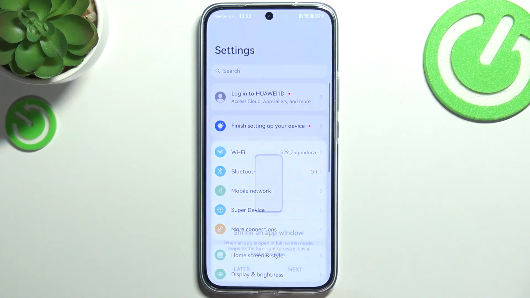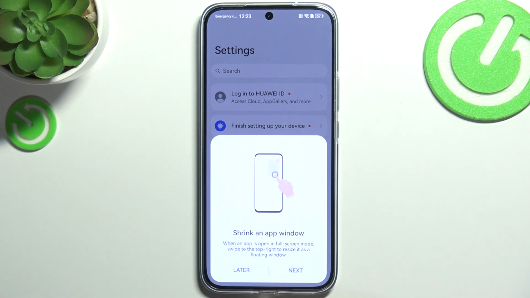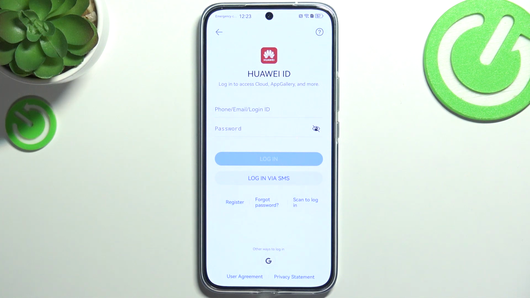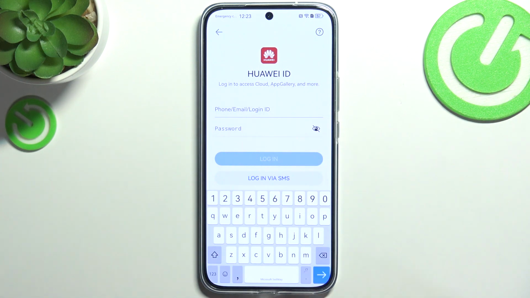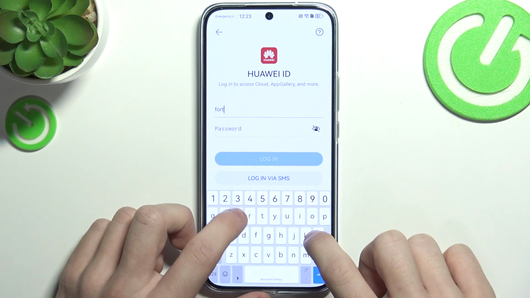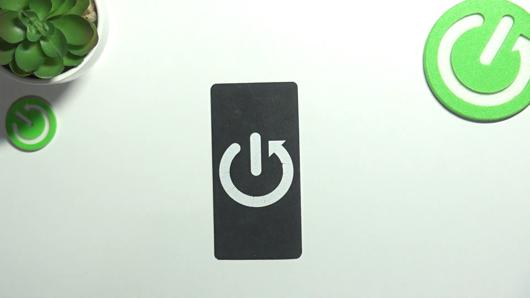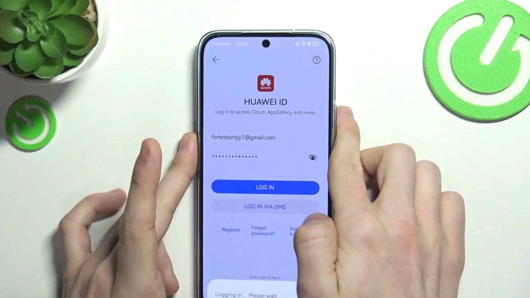But if you do want to log in, then click on settings, click on login to Huawei ID, and now enter your email and password, and if you don't have an account, click on register. So I'm just gonna log in because I already have an account. Then I'm just gonna click on login. Okay, the password was incorrect, so I'm gonna fix it. Now it should log me in,